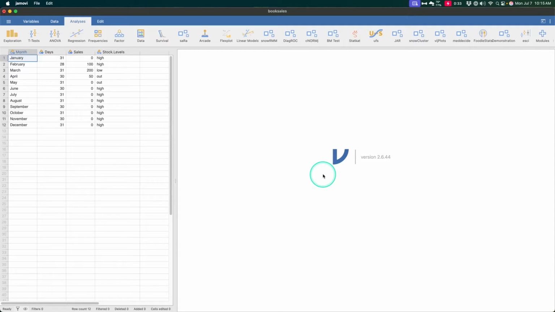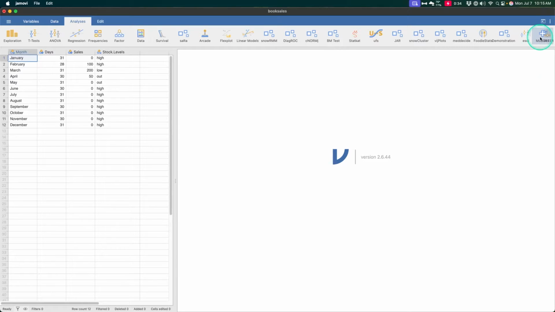In this video, we're going to explore a new package, probably released in the last 6 months to a year or so. It's been a while since I've explored all of the packages. I am using version 2.6.44. This is the current macOS version that has all features, so it's the most up-to-date version that you can find on their website. And we are going to explore the SaRa